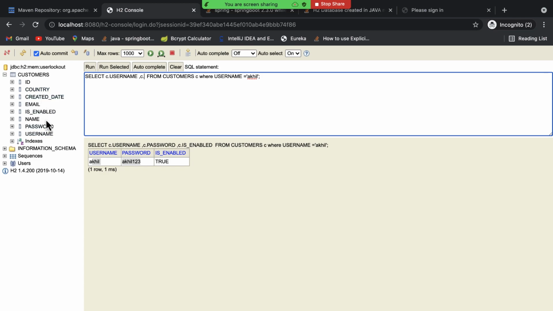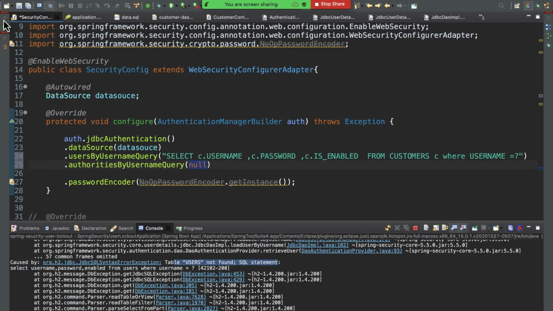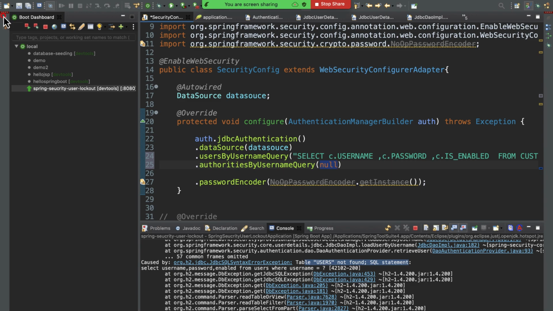Hey, did I have roles defined here? I don't have any roles here. Roles column. Well, I have to have that. So maybe I will go to my